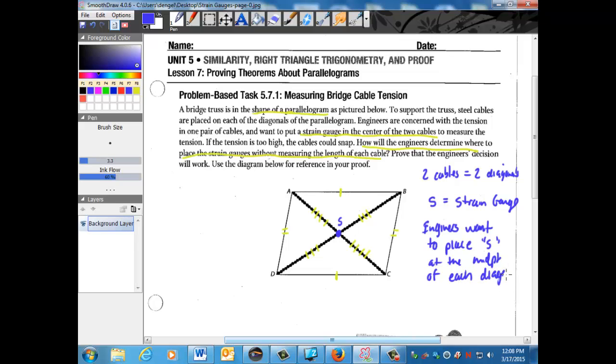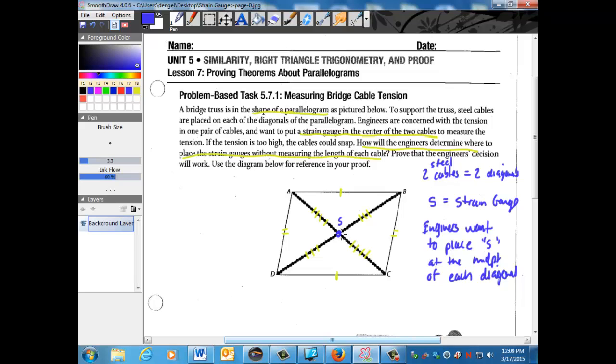And remember that in this problem, each diagonal was our steel cable. So our two steel cables were our two diagonals. So the engineer's goal, or their proof of what they're trying to do, is place S at the midpoint of each diagonal. Well, a few things. One, we know that since this shape is a parallelogram, this point S